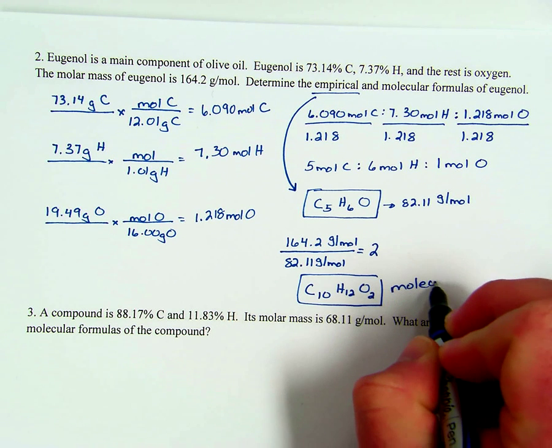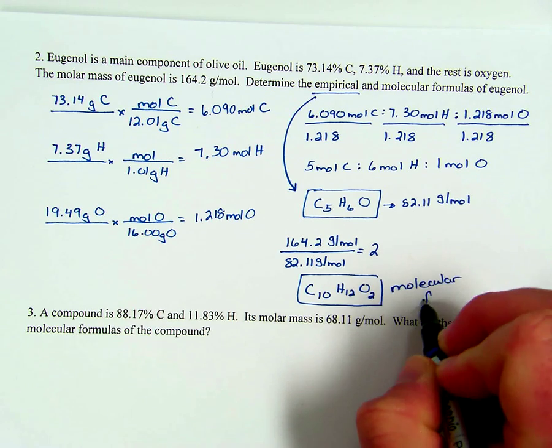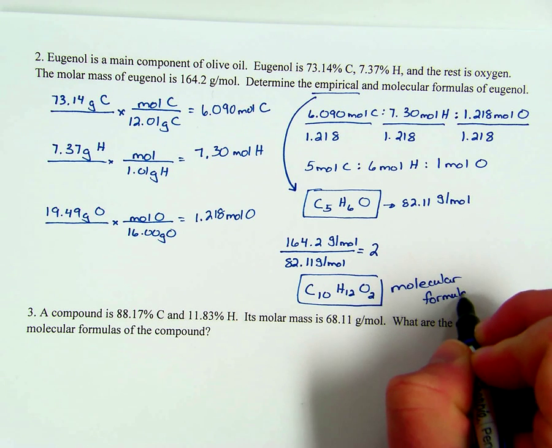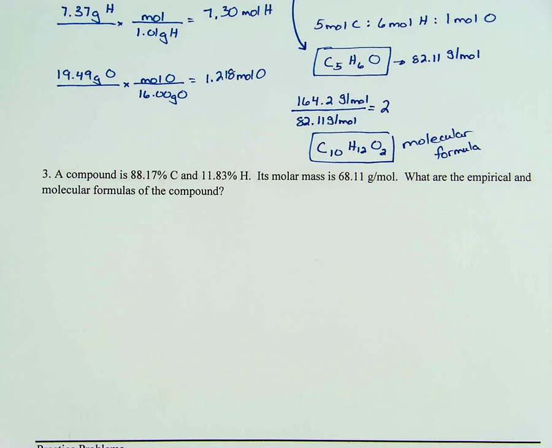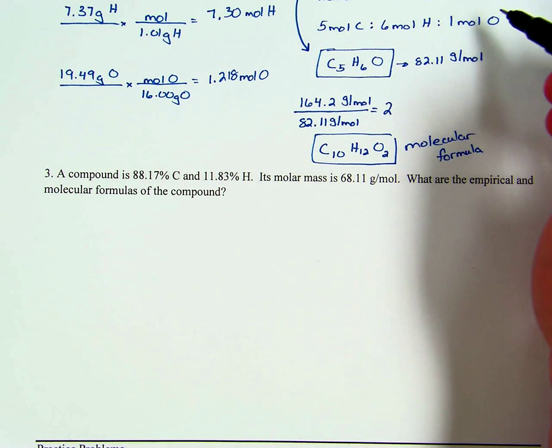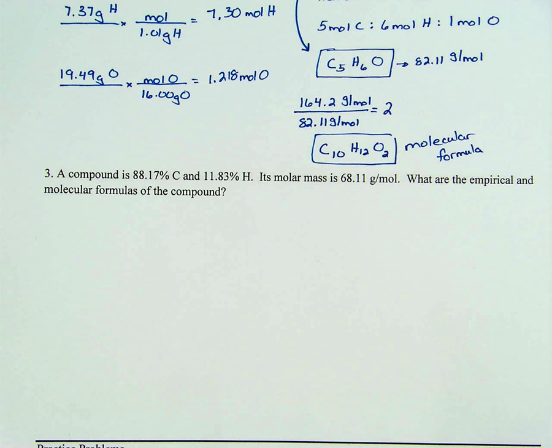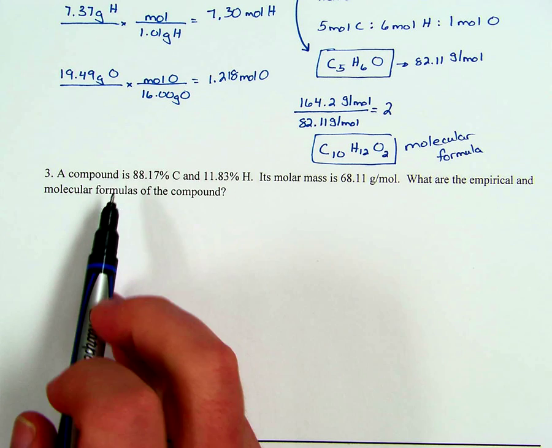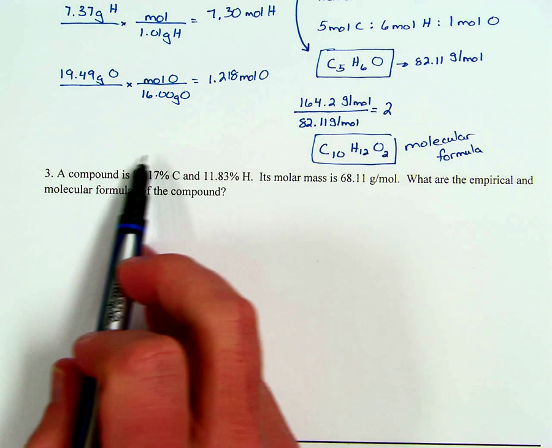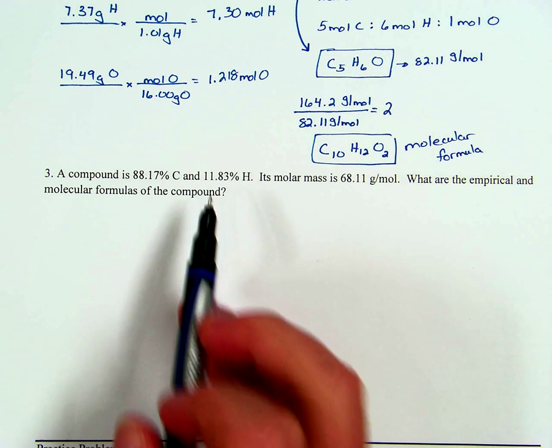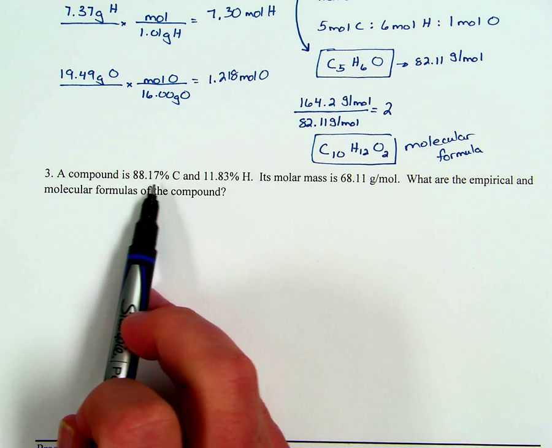Alright, the next example is just the same thing as the first example here, or the number 2 here. I thought you guys probably want to see another example because it's not immediately clear right from the start. Alright, so same thing here. We're given percent composition. We're told the percent compositions of the elements. We have carbon and hydrogen, and we're given the molar mass, and we're asked to find the empirical and molecular